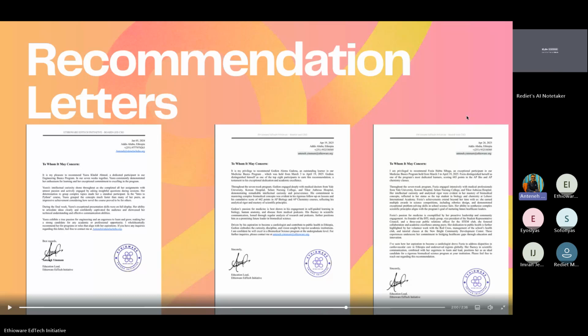So even after the program ends, you can request this recommendation a month, 2 months, even a year after the completion of the program. So it is very much accessible to the ones who deserved it. So that's why we ask you to be as engaged as possible during the sessions. And yeah, most of the recommendation letters we have sent